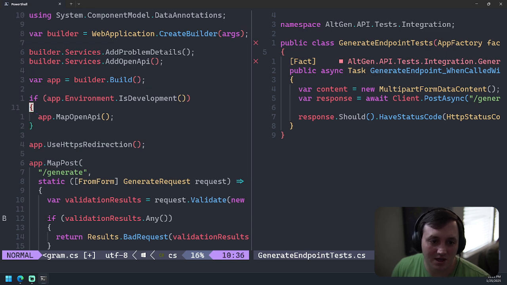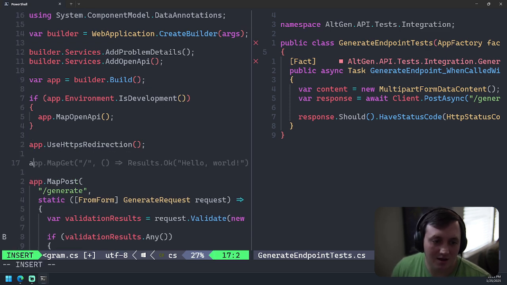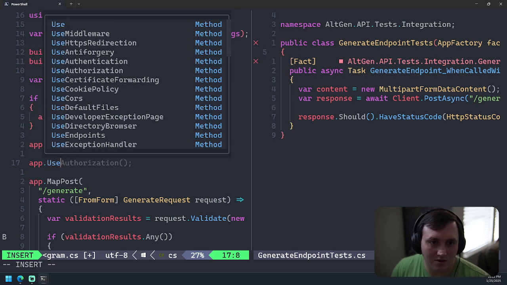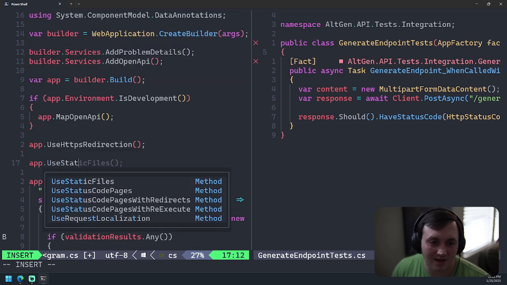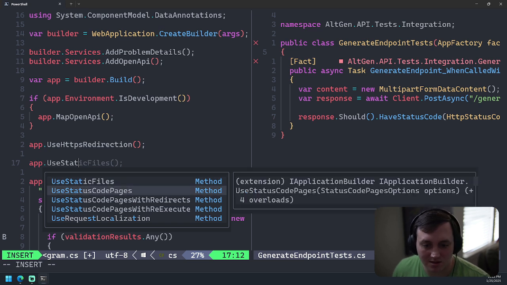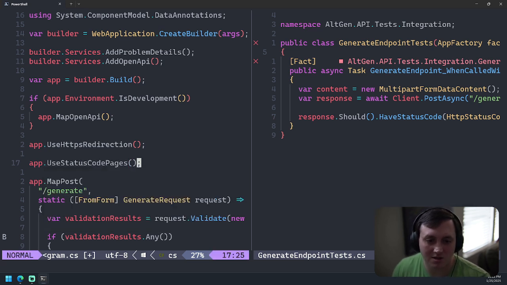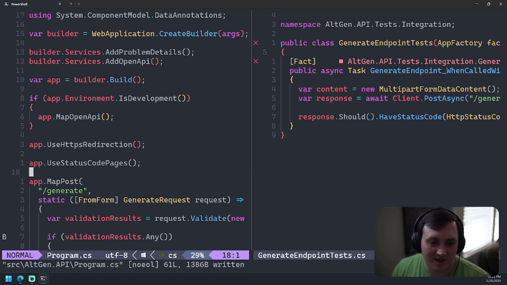And then we need to actually use that. So down here we say app.Use... it's not UseProblemDetails, it's UseStatusCodePages. What that basically does is it makes your API respond in a very specific way that has to do with problem details.